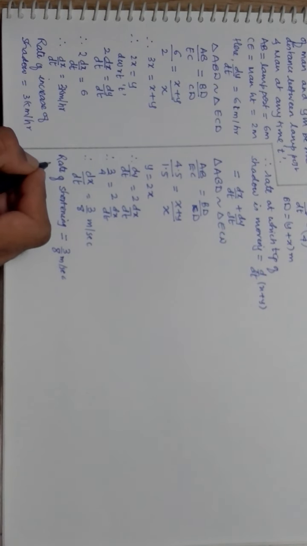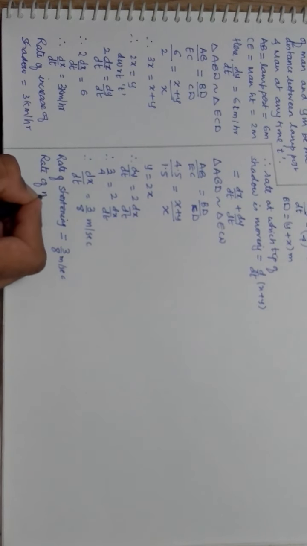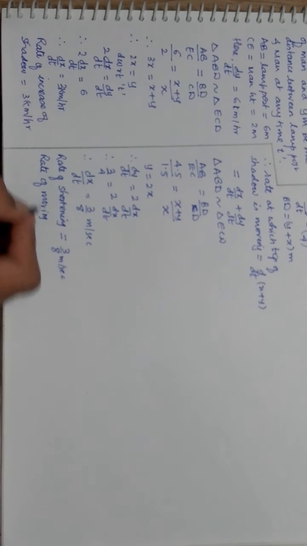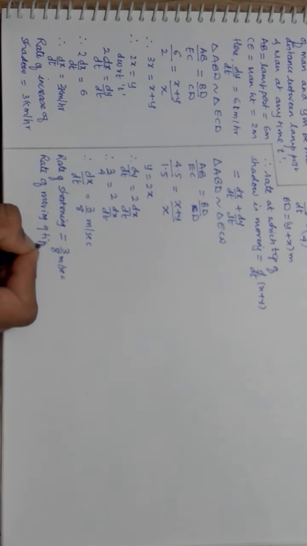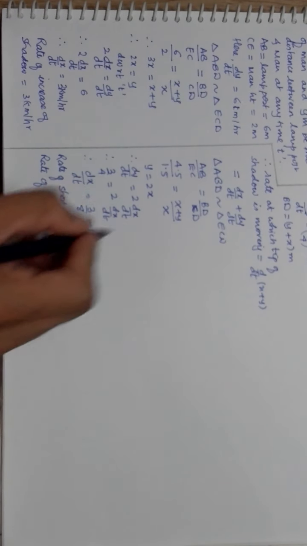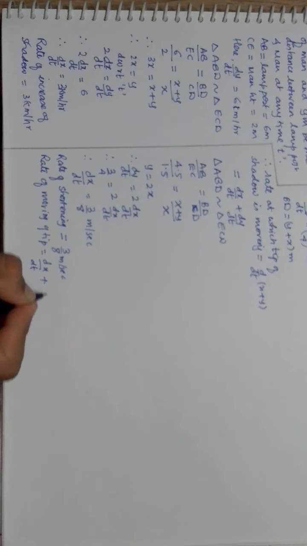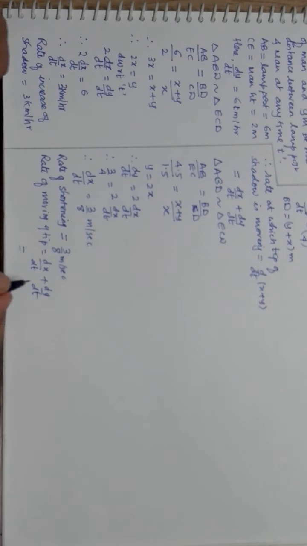is moving, that is rate at which the tip is moving, I am writing in another manner which is not actually acceptable, but you write it in full form. Rate of moving, that is rate of tip of the shadow moving, actually rate of moving of tip will be as mentioned here. It is dx by dt plus dy by dt. So dx by dt is your 3 by 8 and dy by dt is your 3 by 4.